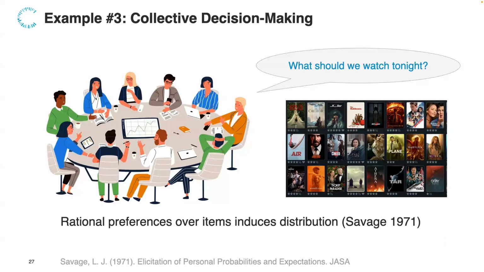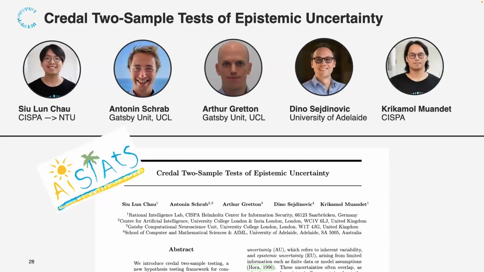Example 3 is on collective decision-making. So we know that Safesh has shown some results that if a person has rational preferences over some item set, it corresponds to having a probability distribution over the items. And in this case, when we have a collection of people making a collective decision, in the sense of expressing their preferences, then per person you get a distribution. So you have, in some sense, a distribution uncertainty as well. I hope that those are examples of where